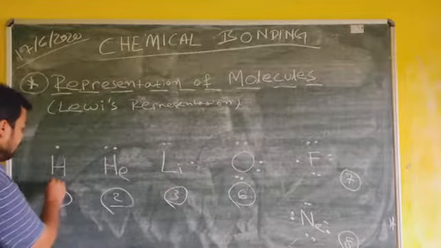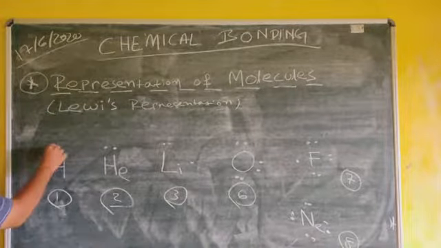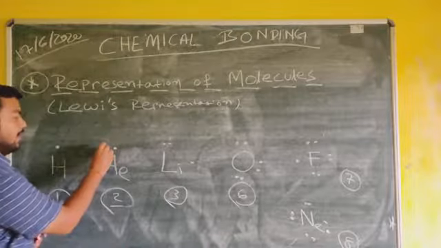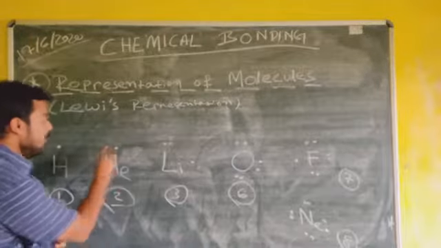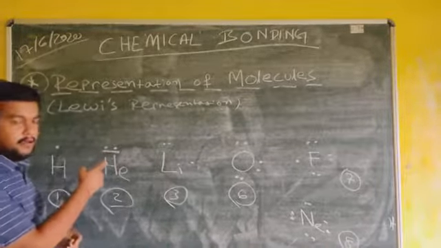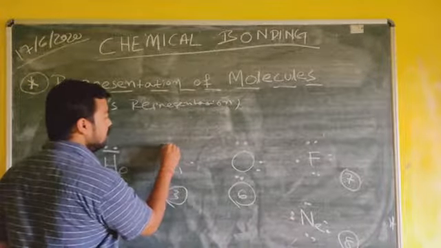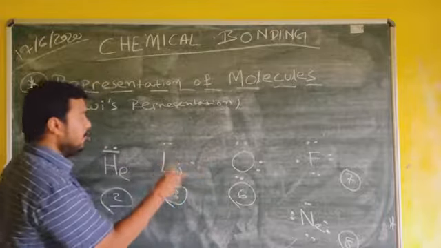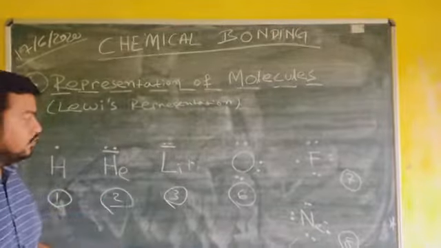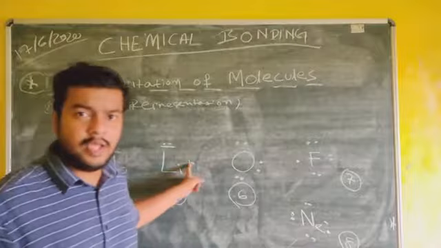Let's say for example hydrogen, there is only one valence electron, so we represent that valence electron as a dot. For helium, we have two valence electrons in its outer shell, so we can represent both these electrons by two dots. If the dots are placed close together, then it is in a pair. But in case of lithium, where there are three electrons, we are writing three dots, so the first two dots are in pair and the last one is not in pair. So this electron can be used as a pairing electron for chemical bonds.